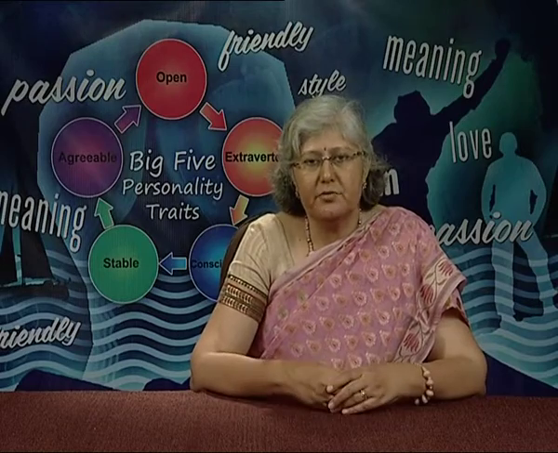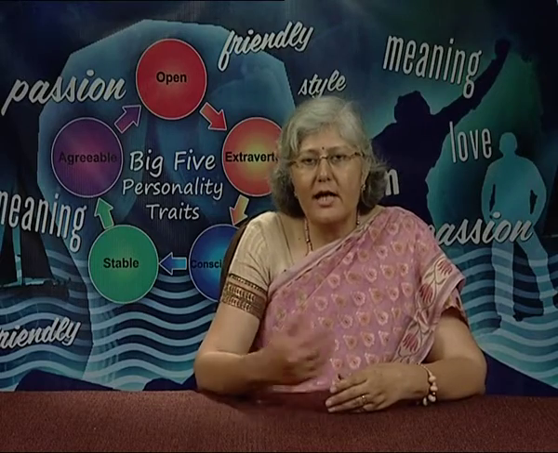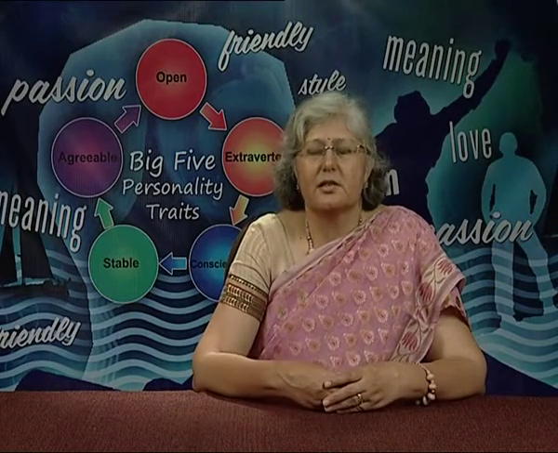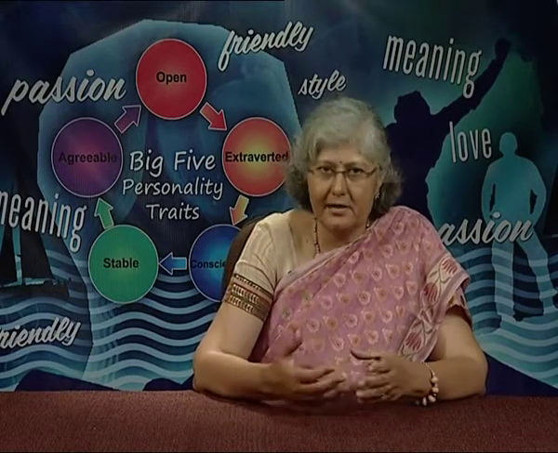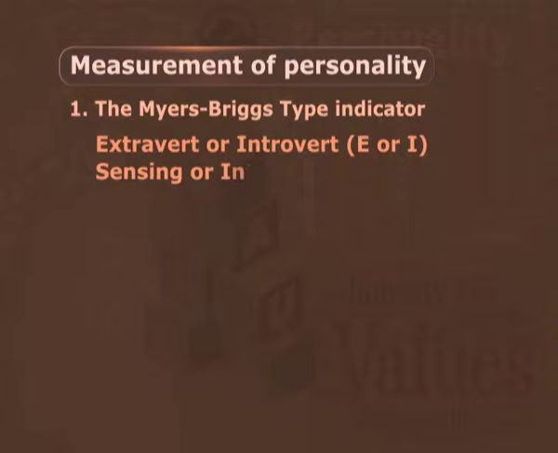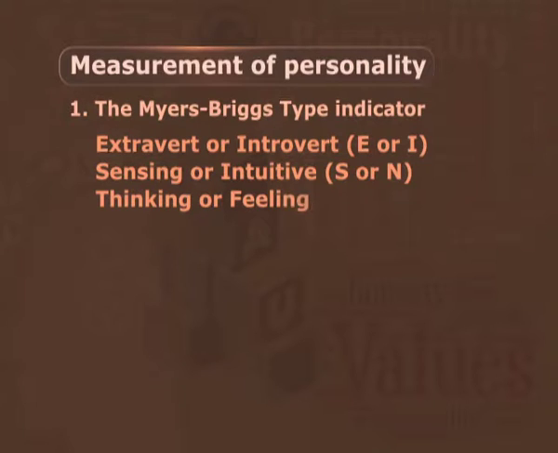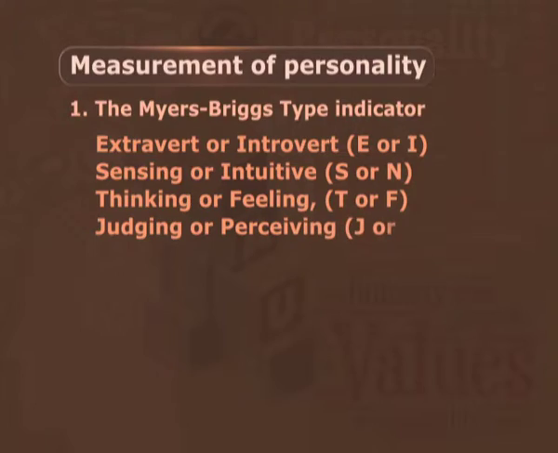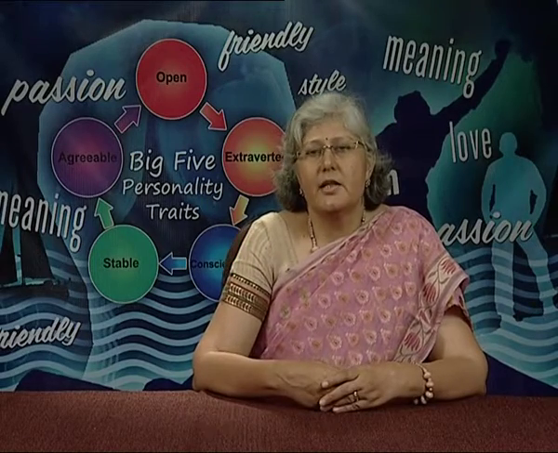It is a 100-question personality test that asks people how they usually feel or act in a particular situation. On the basis of their answers, individuals are classified as extrovert or introvert, abbreviated as E or I, sensing or intuitive, abbreviated as S or N, thinking or feeling, abbreviated as T or F, and finally, judging or perceiving, abbreviated as J or P. These terms are defined as follows: